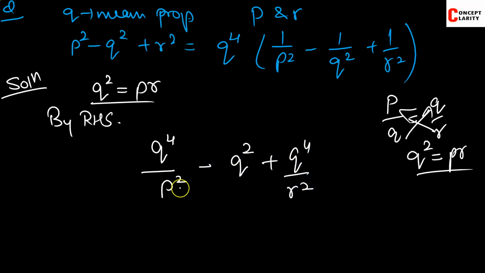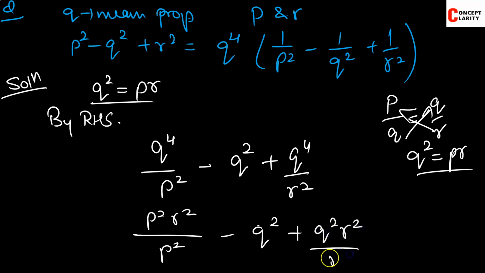Okay, now what you have to do, you just have to put the value. It will be P square R square upon P square minus, and then we have to put out q square. Let's not put the value of q, P square R square upon R square. I didn't put the value of q here because we needed minus q square, so I just put q as it is and didn't put the new value. So now let's cancel this out and let's cancel this R out.